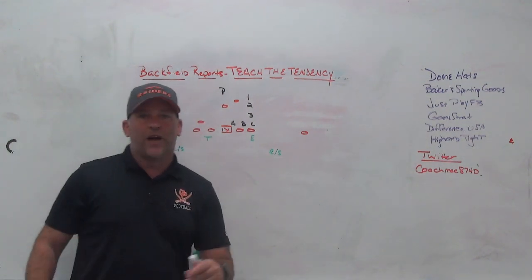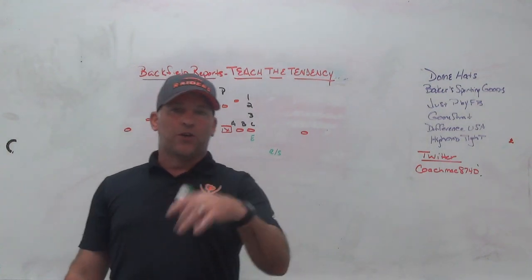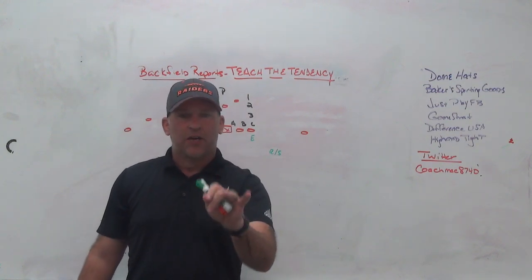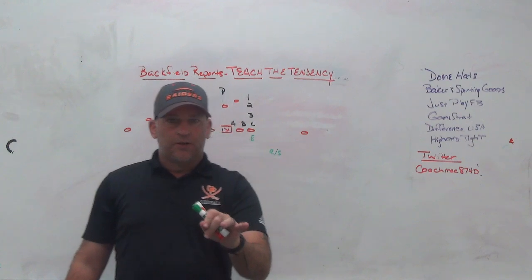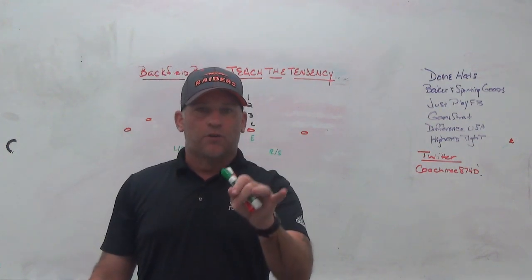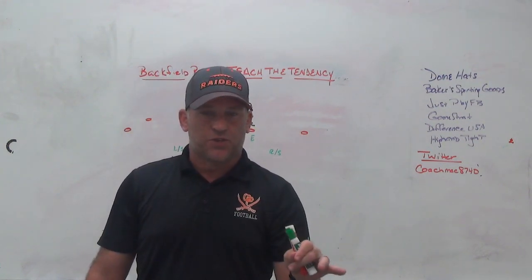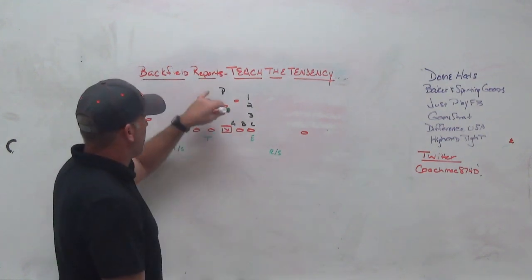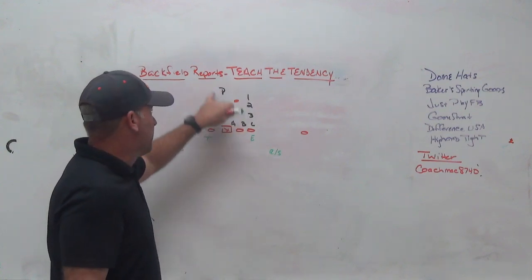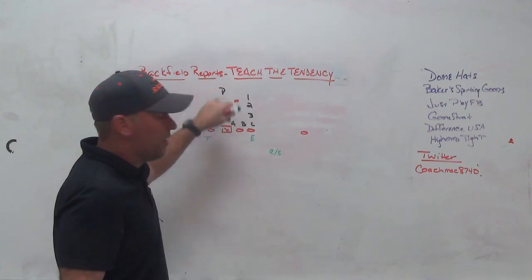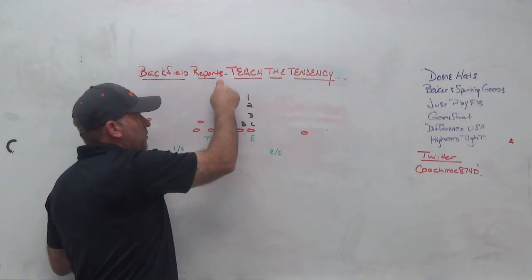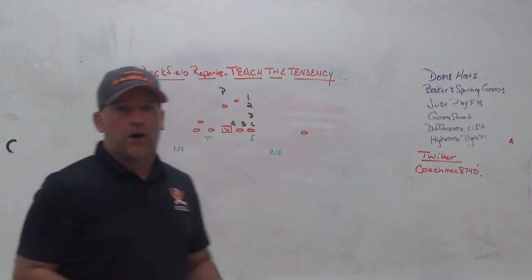What we're trying to do, as we go through film, is chart the tendency of where the back is and the plays that the other team likes to run when the back is in those positions. Can they run their entire offense with the back in those positions? Back here, I put a P. If the back is in the pistol, you can label that as a P. So if you had a simple chart like this, 1, 2, 3, A, B, C, and then you put a P or whatever you want to do in the back,